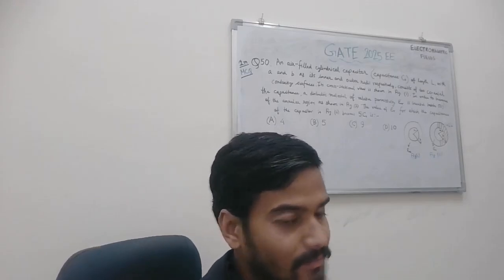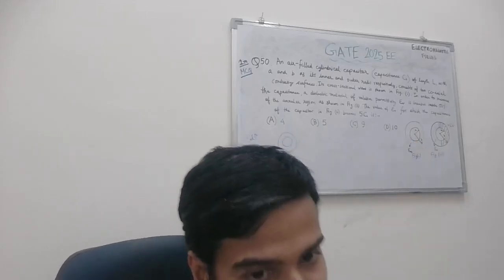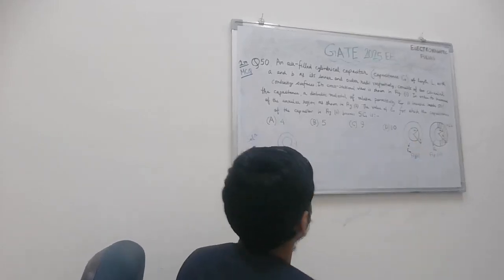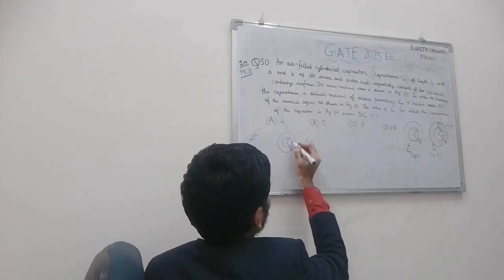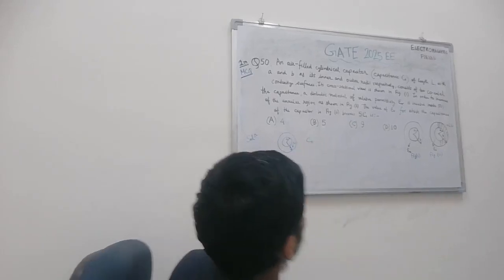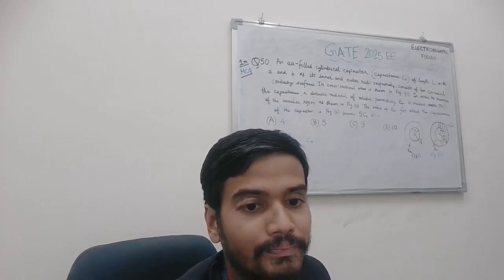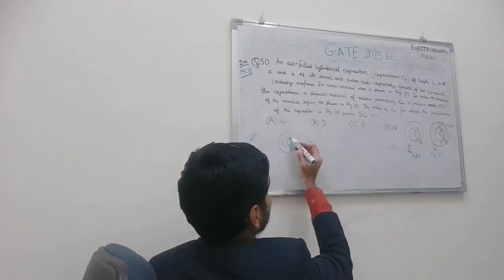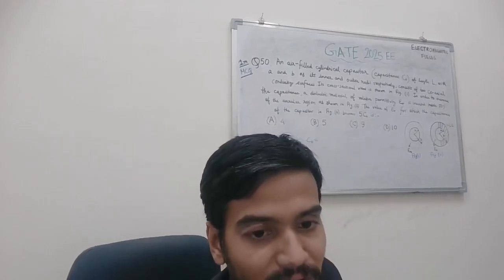This area, the annular area. What is C naught? C naught is the capacitance between these two cylindrical shells. It forms a capacitance. This capacitance C naught, what is it? 2 pi epsilon naught